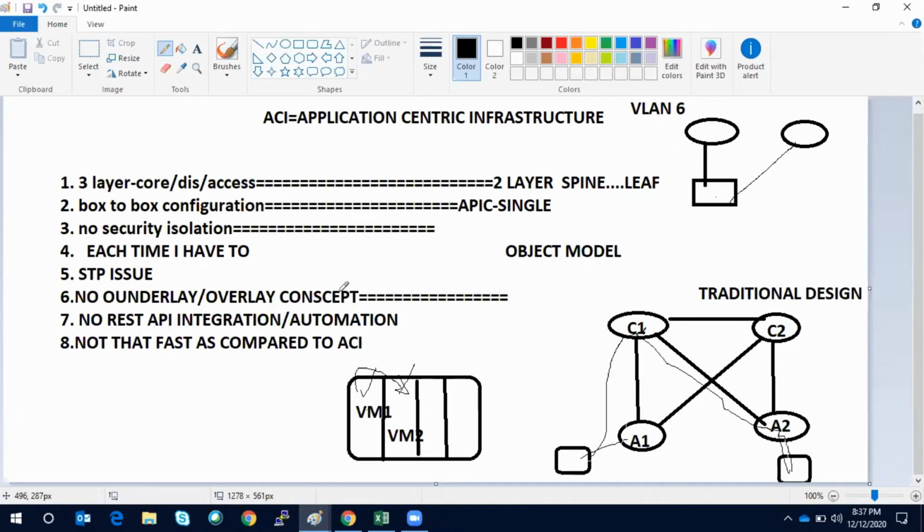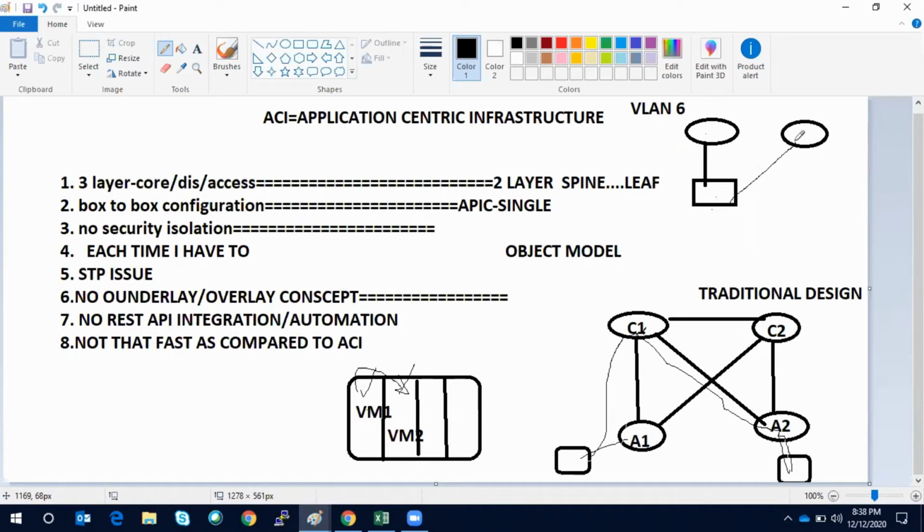The gateway function is abstracted from the hardware and is no more hairpinned to the hardware, but is available everywhere. So in the leaf switches, if you move the VM here or here, no matter, because the gateway is available everywhere. That functionality is not supported by traditional networking, because there the gateway is hairpinned.